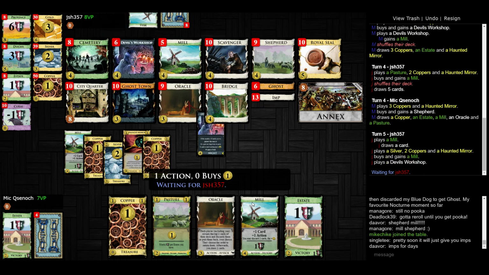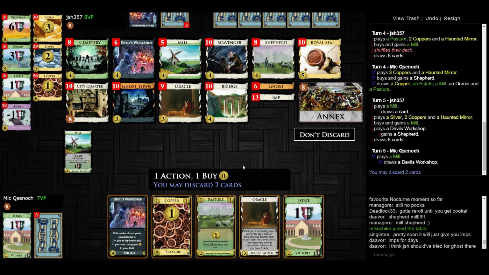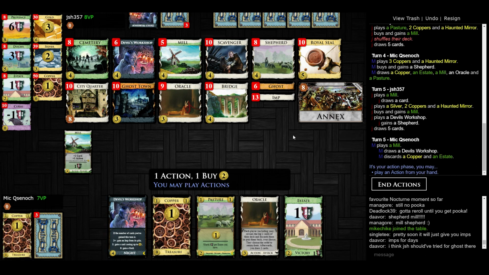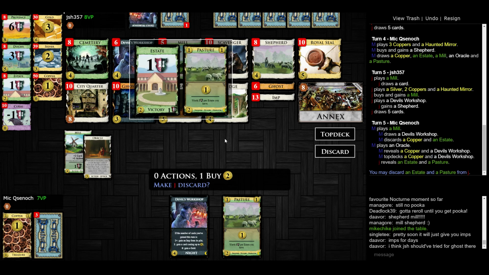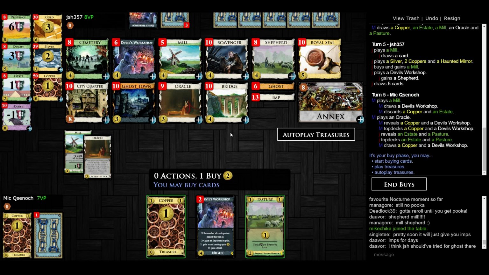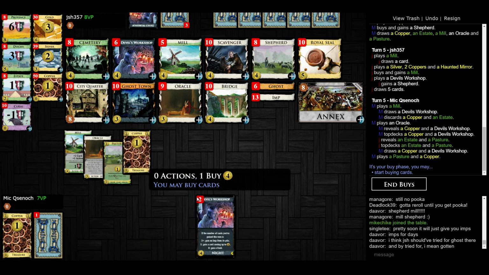I would love to hit both the Devil's Workshops here. So I guess I'm guaranteed to now. I would love to do it without triggering a shuffle, actually. And I got it, so that's cool. I guess I'll leave these here. Oh yeah, there's also Cemetery. There may be a Cemetery play to make sometime. I'm not sure when, but...